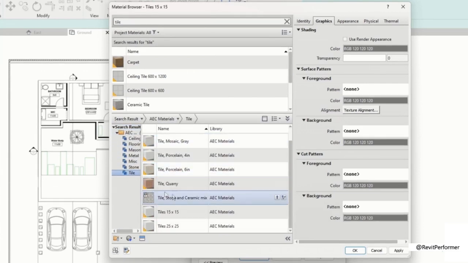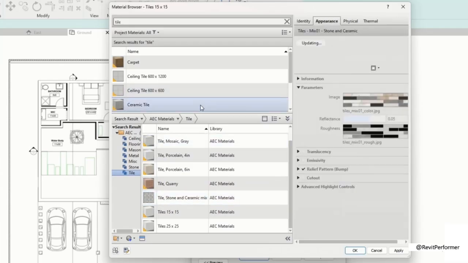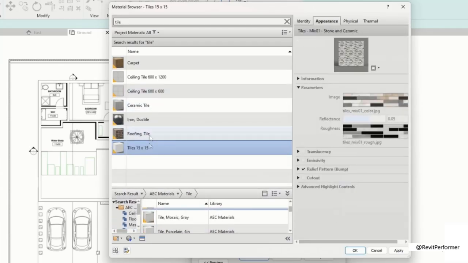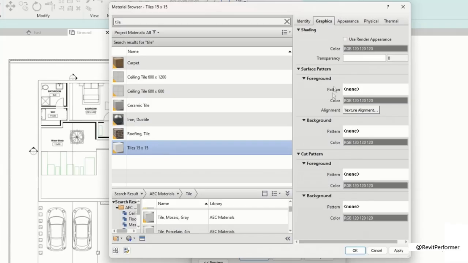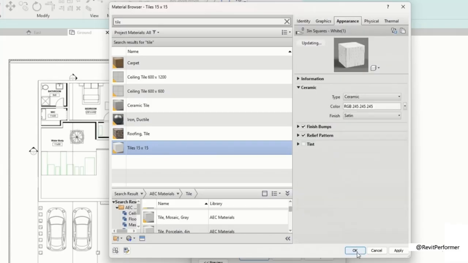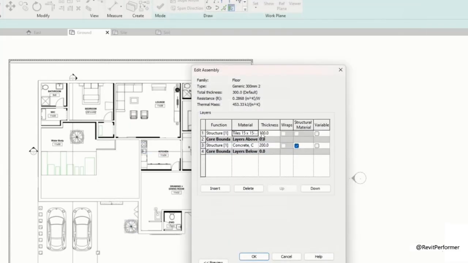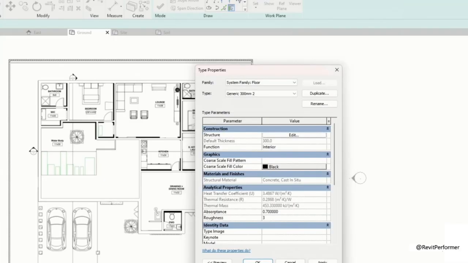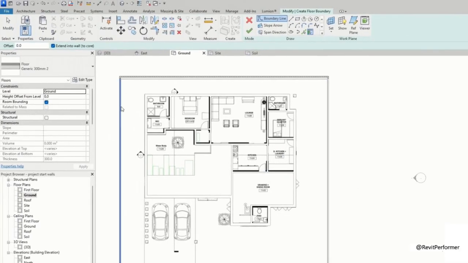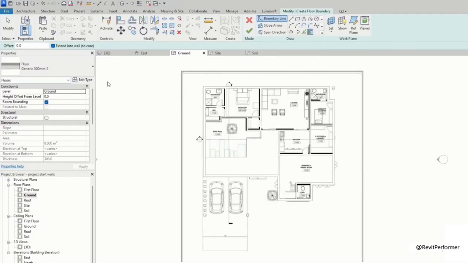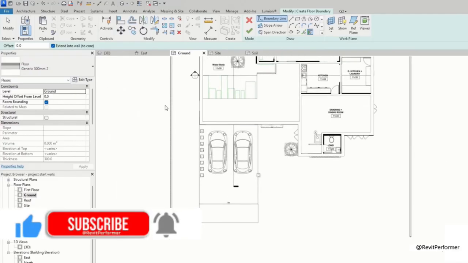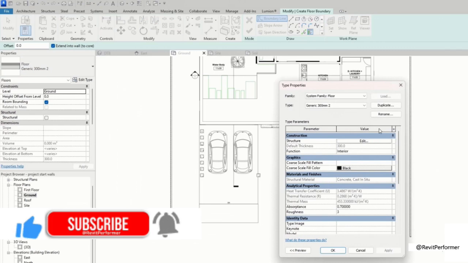This is a library that Revit has. These are the tiles. You can see that this is what is in our materials right now. Okay, so I'll just apply this now. We also need one more that is complete concrete. So I will let you type it in again for practice. I will just duplicate this for now.